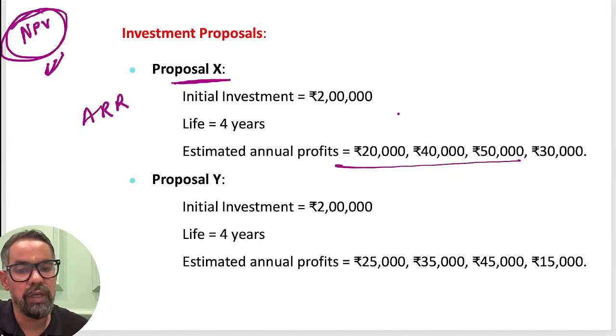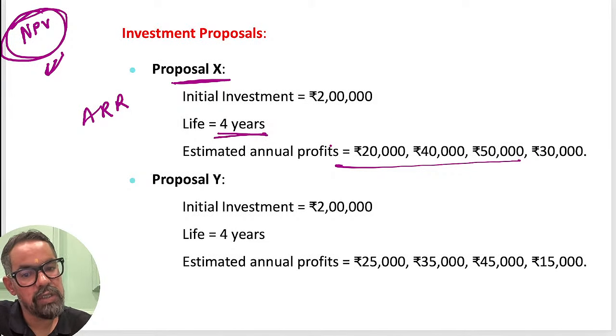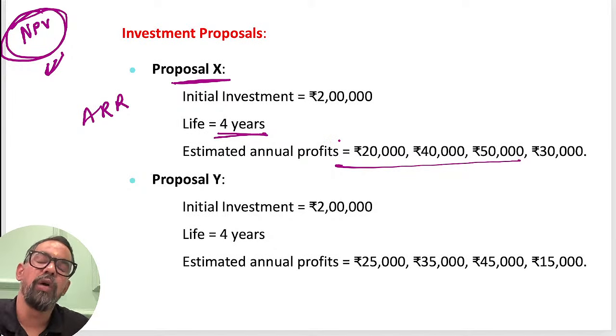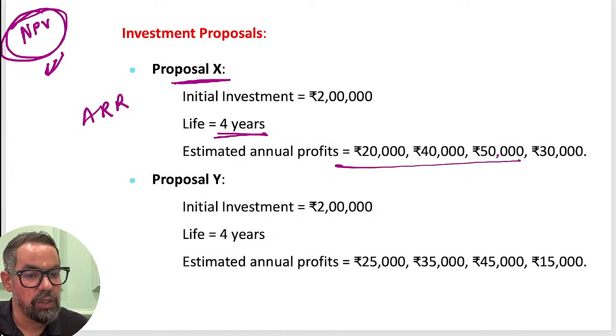So average investment, year is 4, so first annual profit 20, 40, 60, 60, sorry 60, 110, 140 divided by 140, 80, 120, 80, 140 divided by 4, that is